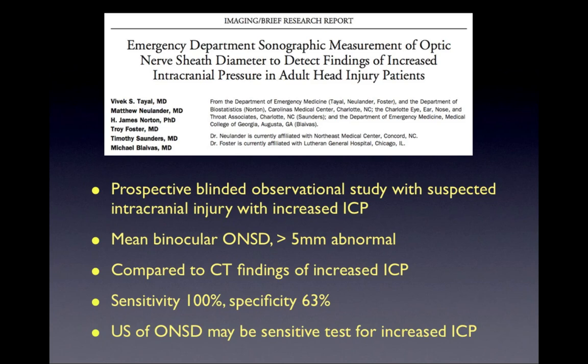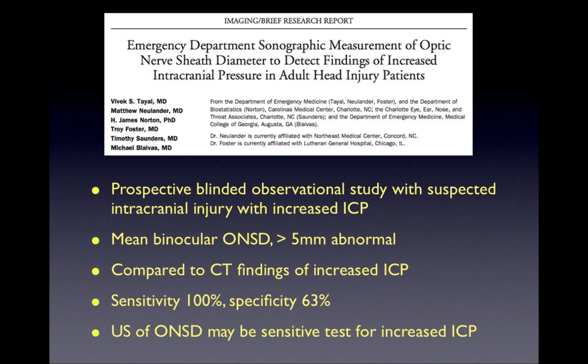A couple of articles in the literature regarding this. So this article called Emergency Department Sonographic Measurement of Optic Nerve Sheath Diameter to Detect Findings of Increased Intracranial Pressure in Adult Head Injury Patients. This was from Annals of Emergency Medicine, and it was by Dr. Tayal and his team. And this was a prospective blinded observational study